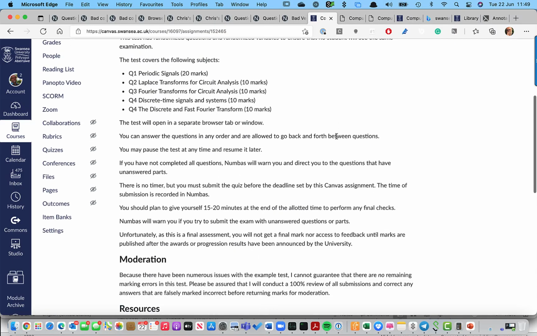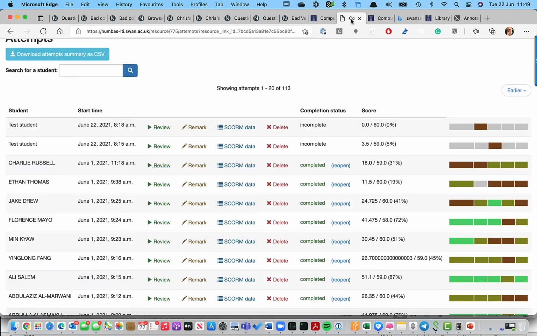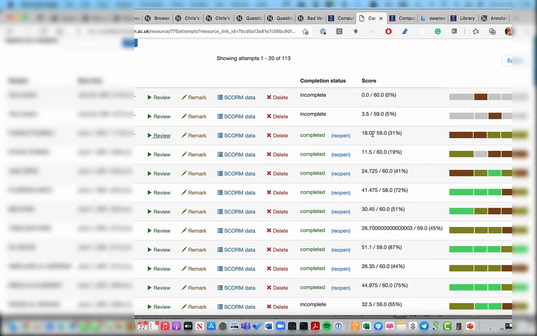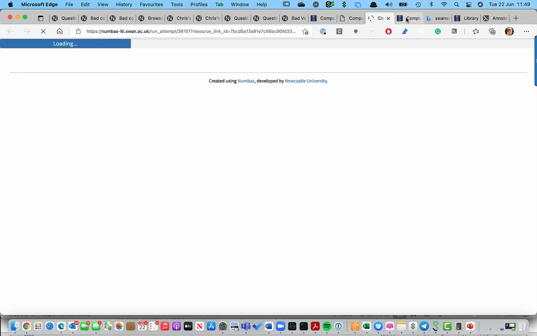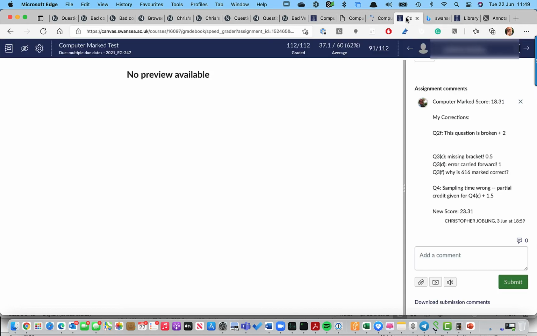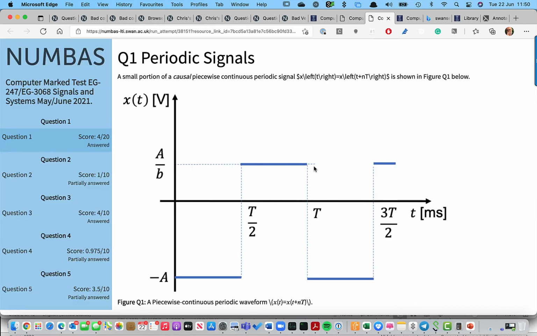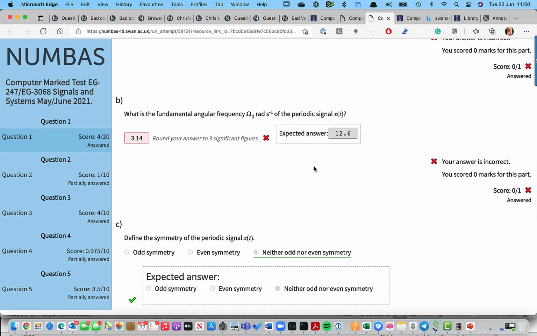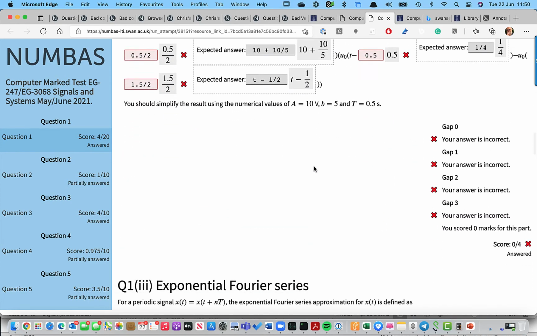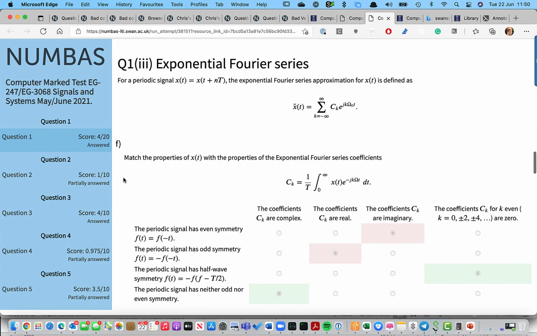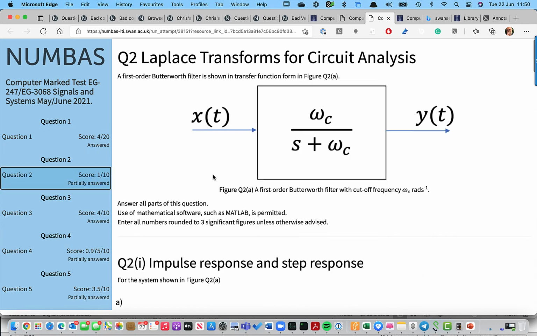And that brings us on to regrading. I did say, because this was the first attempt, that I would review all the marks when regrading, and that's what I did. I didn't realise that I would need to do quite as much regrading as I ended up having to do. So I had to literally regrade everything after the test had finished. And I did this in Canvas. So I would look at a particular student's submission, I'd review it, check whether the answers given were just incorrectly marked or actually wrong. And here's an example where the thing was wrong.